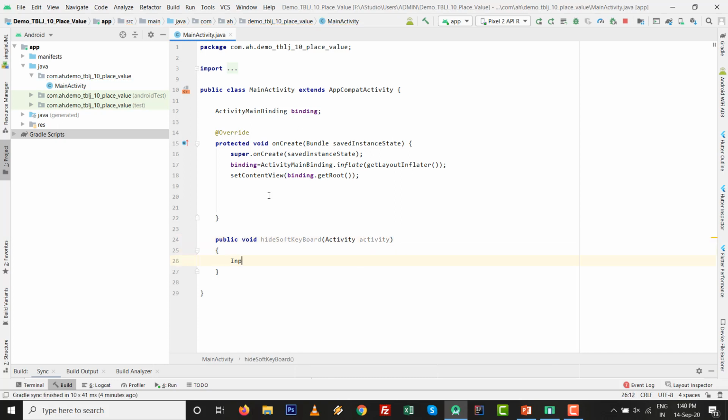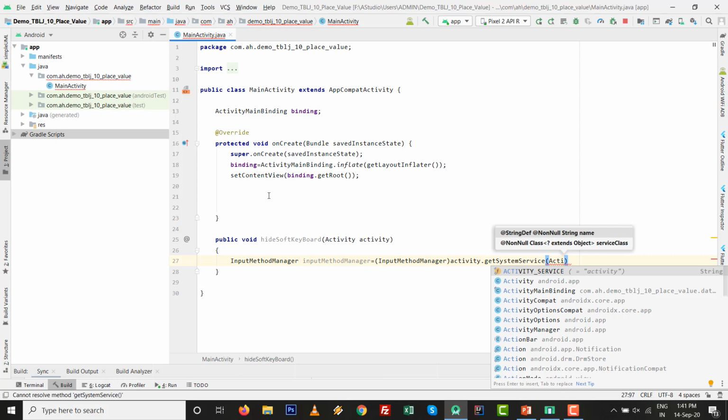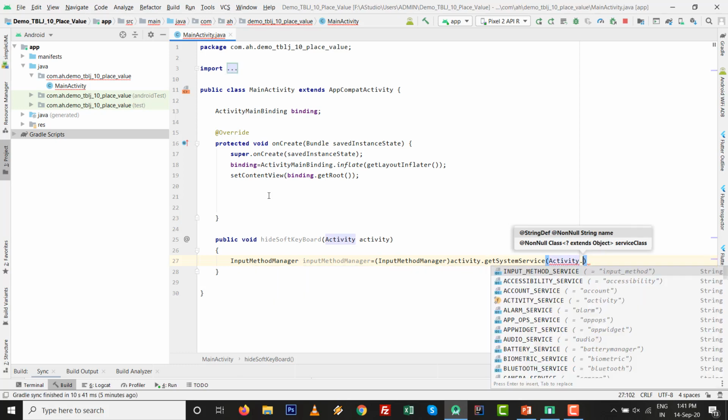Then InputMethodManager is there. Just typecast with InputMethodManager, then after that activity.getSystemService, then Activity.INPUT_METHOD_SERVICE.